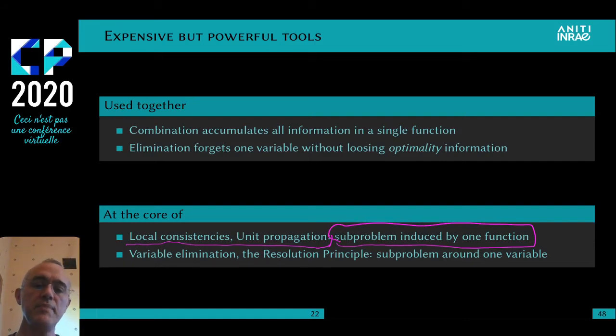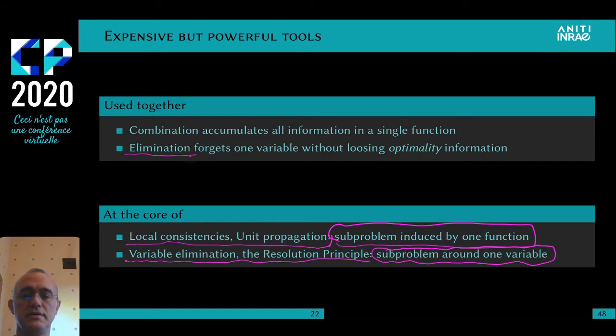And if we instead apply them on sub-problems which are defined around one variable, so a variable plus all the functions that connect this variable to the rest of the problem, we are instead looking at variable elimination and the resolution principle. The nice thing is that elimination computes a minimum, so it produces a relaxation, which means it